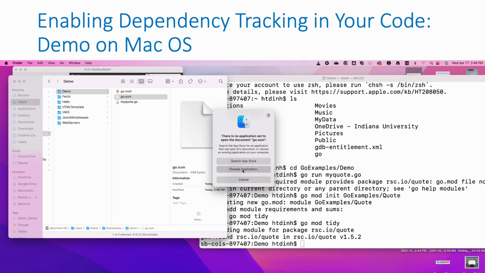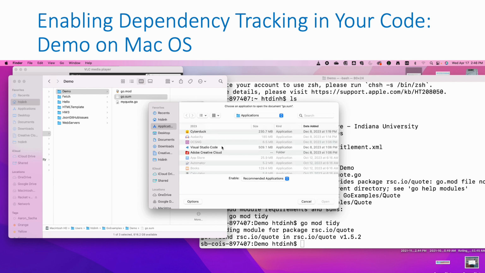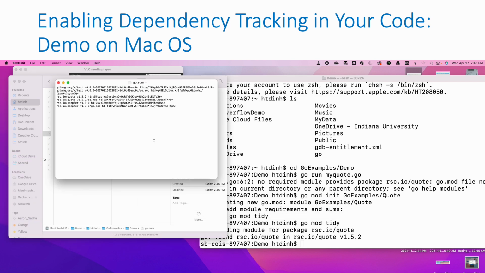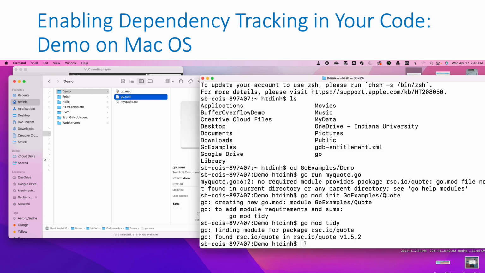So this one should be opened with TextEdit as well. So here, okay, so we open it with any text editor. So this is the content of the go.sum file. Okay. We don't want to modify it manually, so we just don't touch it. So now we can run the